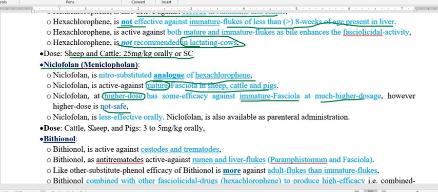Regarding nicolofolone dose for cattle, sheep, and pig, it is about 3 to 5 mg per kg